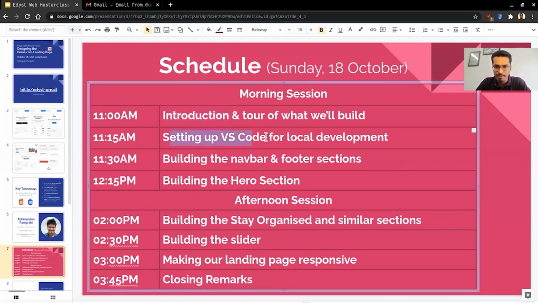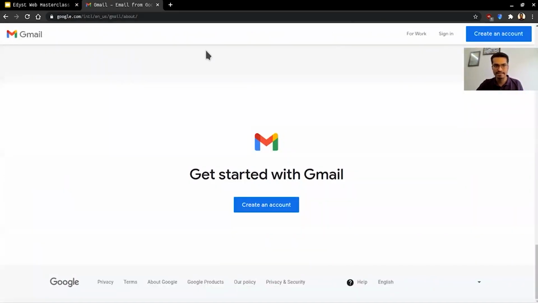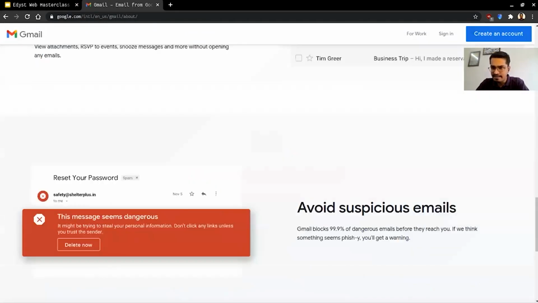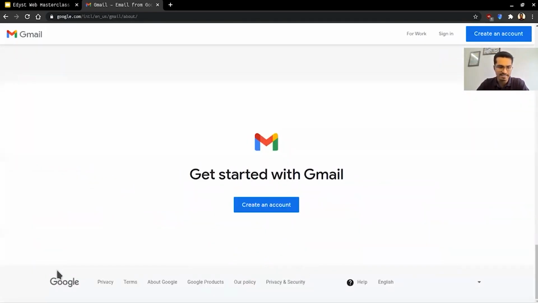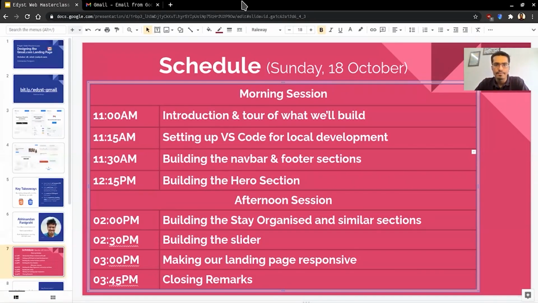We're going to set up our local editor, okay? VS Code. That's where we start typing in our HTML and CSS. Then we'll get around to building the nav bar, which is basically, we'll start off by building this over here, and then we'll go on and build the very last thing that you see. We'll build this part, okay, just this one and this one. So we'll start off by building these two bits, okay. Make sure that our fonts are right, make sure that the colors are right,